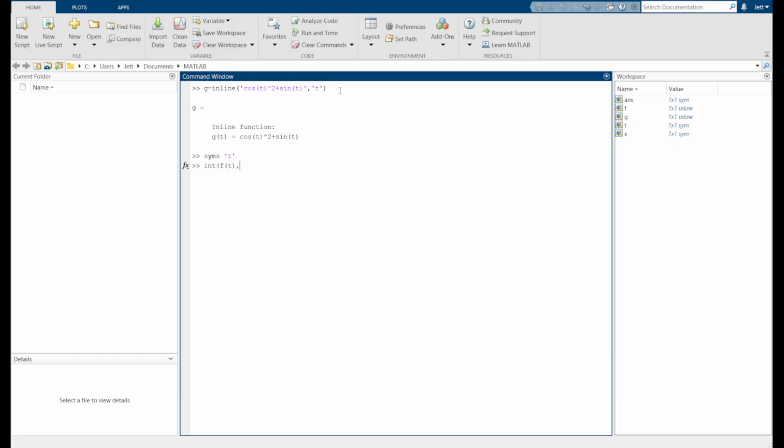Let's say I have from 2 to 4. Again, whichever comes first is the lower limit and this is the upper limit. So basically this is the integral of cosine squared of t plus sine t from 2 to 4. Now we enter this and we get an answer.